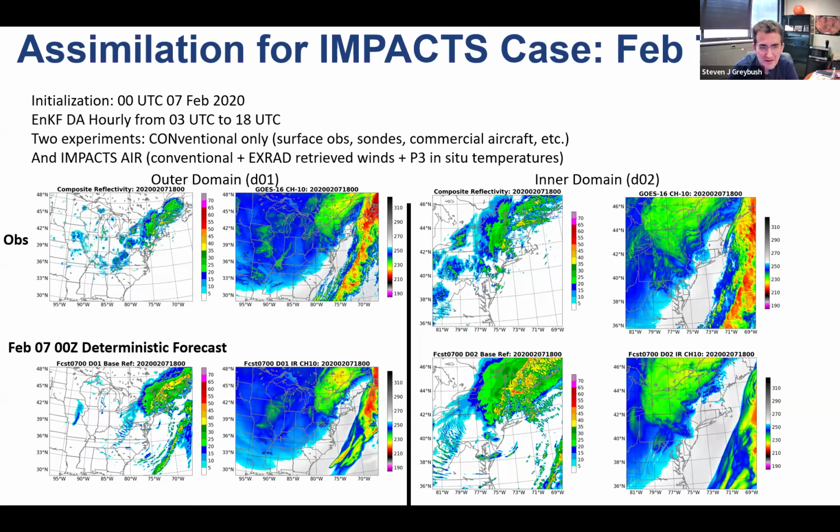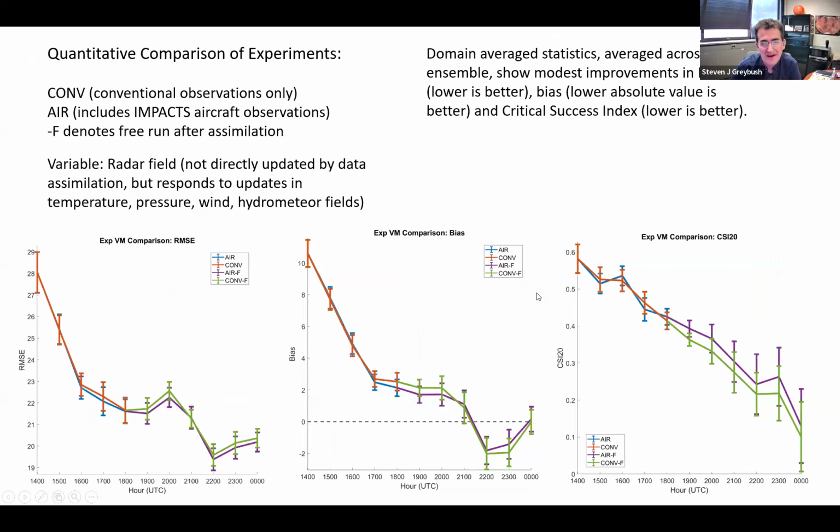That is conventional and XRAD retrieved wind field, as well as in situ temperatures, which is great to have during the storm. So from here, we're going to do some comparisons. First of all, a domain-wide comparison, looking here at reflectivity. Remember, we haven't assimilated reflectivity, but instead we'll use it to say, did we update the model in a successful way in the wind and mass and microphysics fields so that we can get better reflectivity